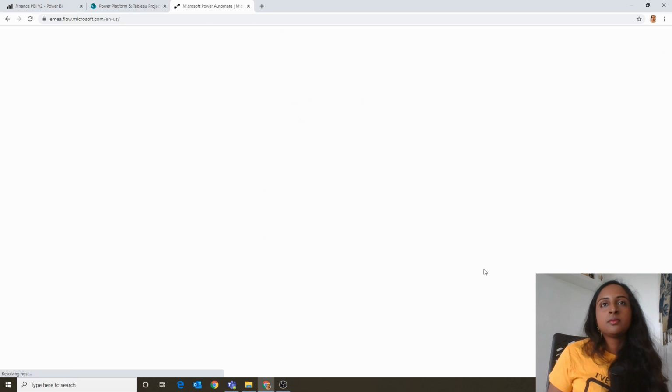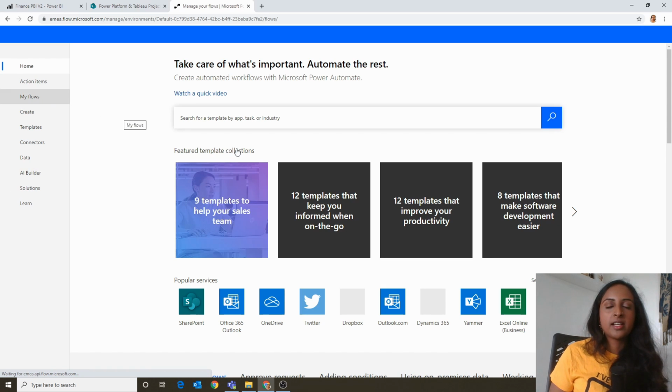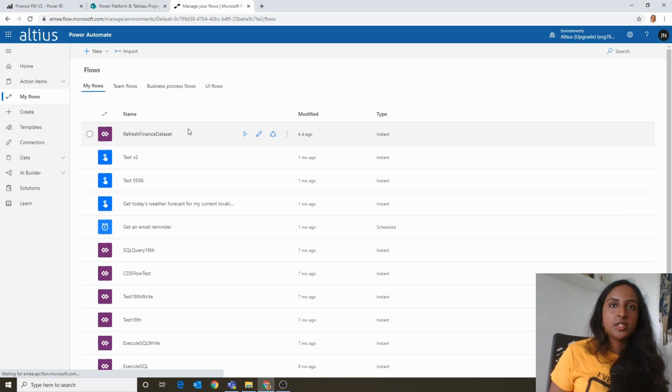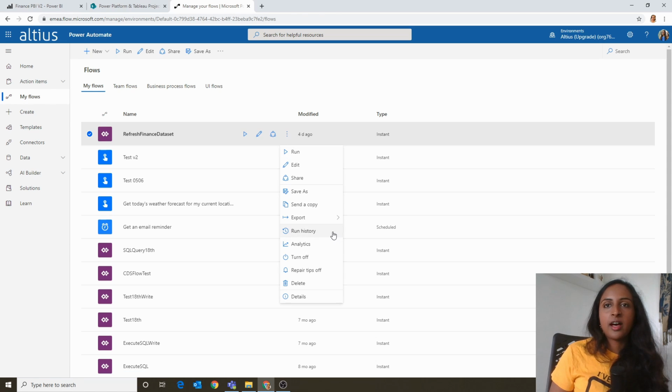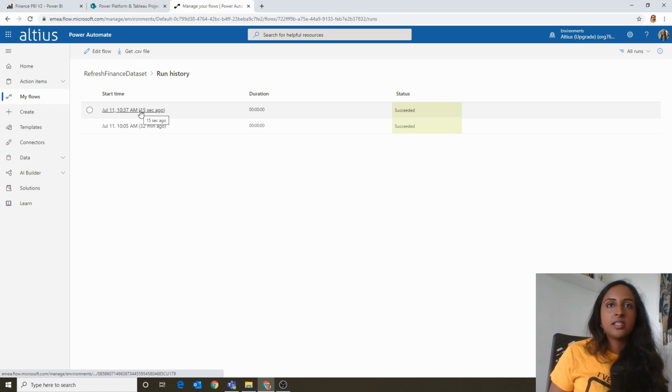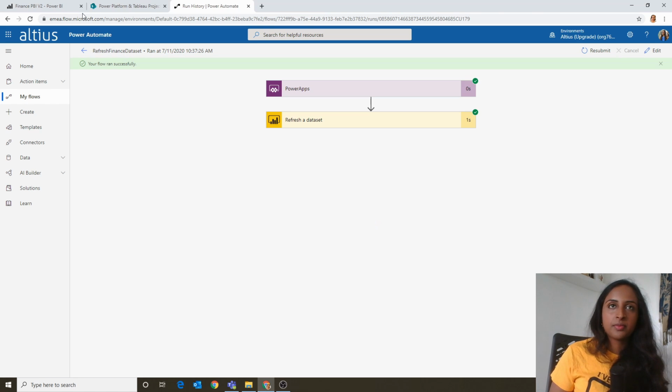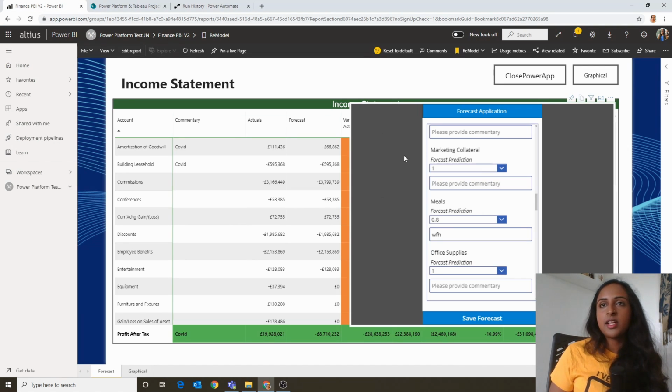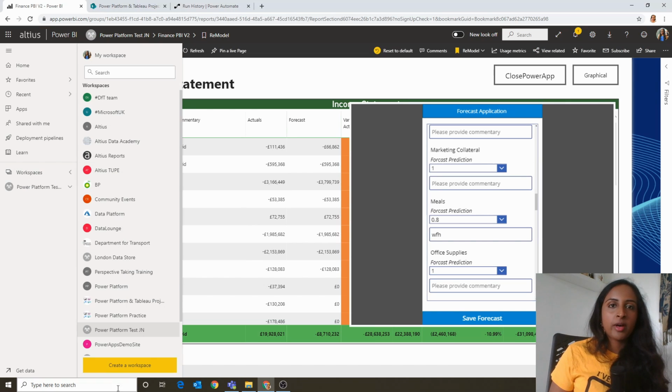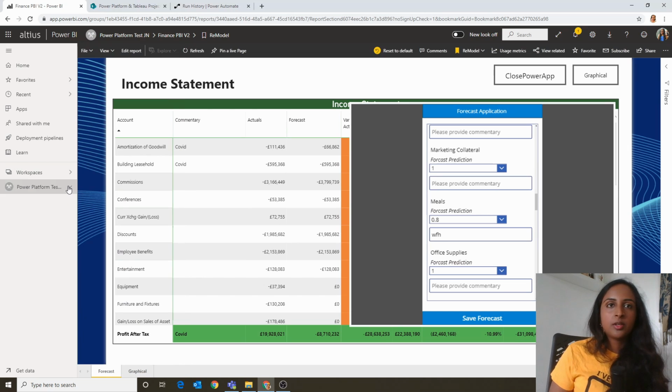solution within that. It's a very simple connector that I'm using, which is the refresh finance dataset. If we have a look at the run history, we'll actually see that 15 seconds ago it was run. Okay, and so that's now been done. It's going to reflect our dataset, but just to show you where we can actually see refreshes, we can go